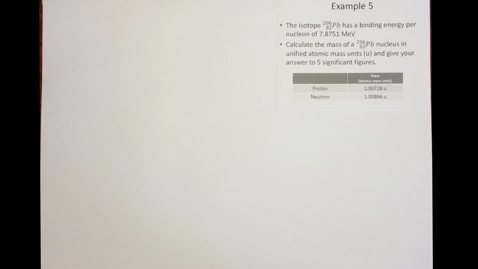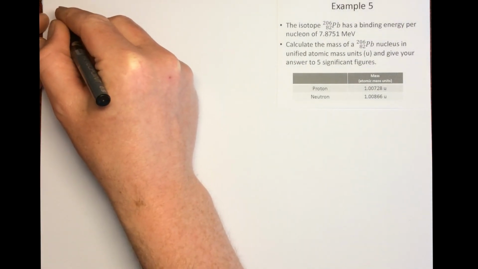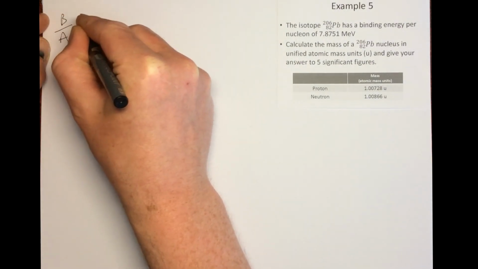So here's example 5. It tells you the binding energy per nucleon of lead, and then it asks you to work out the mass of this lead nucleus. So let's have a look at how we would do that. First of all, we know that the binding energy per nucleon is equal to